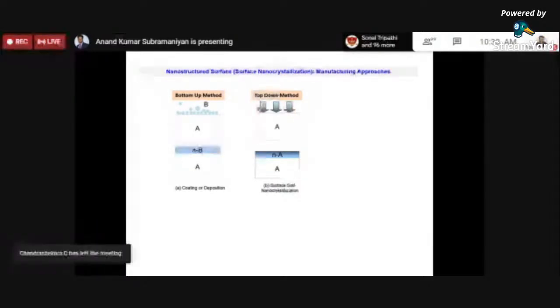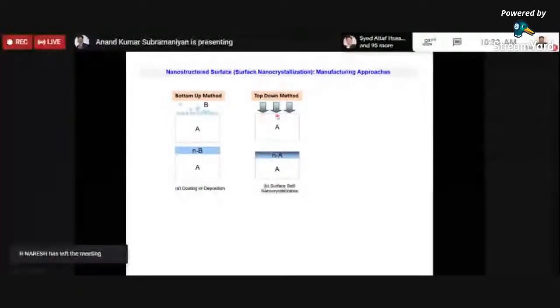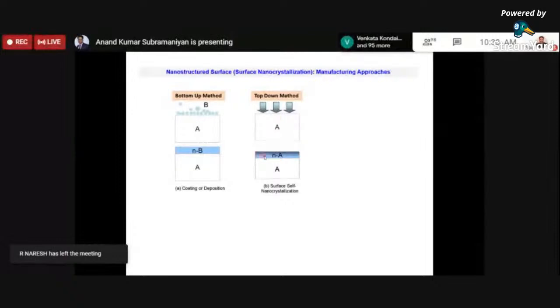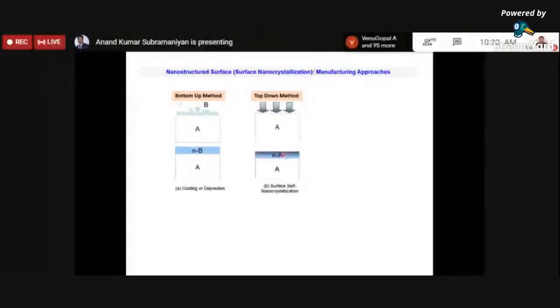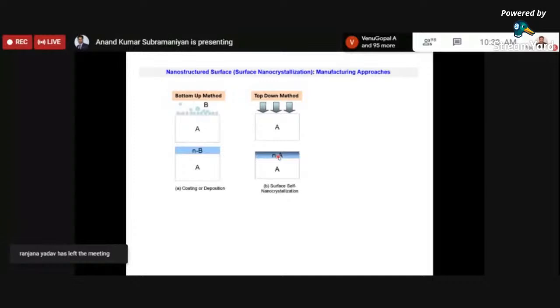And when we employ this severe plastic deformation onto a material A, what is going to happen at the surface of the material is that whatever coarse grains were there are now going to get broken into smaller grains in the range of nanocrystalline material, and thereby you obtain a surface nanocrystalline layer, or it can also be called surface self-nanocrystallization, because you are using the same material in order to transform the